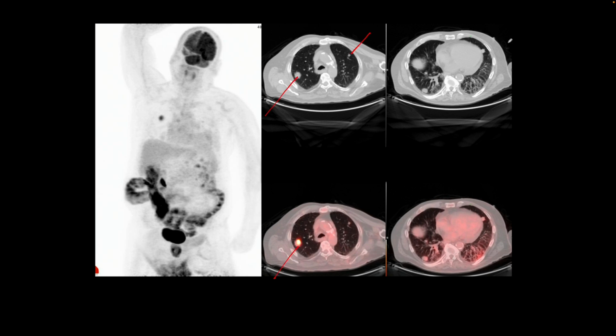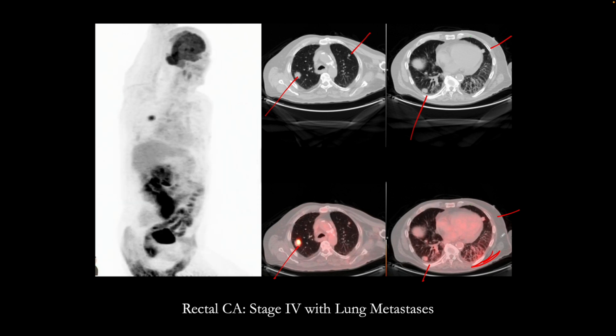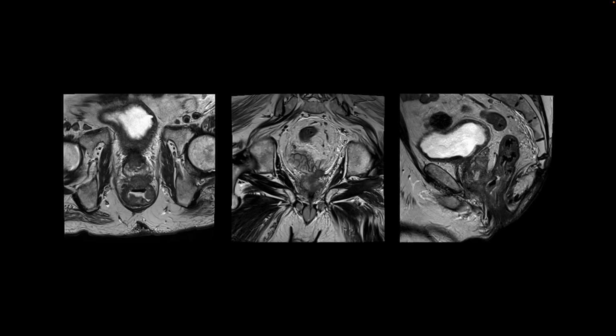There are other nodules that are not as FDG avid, but they're also metastatic. There is some left lung base atelectasis there showing mild FDG activity. And here are some images from this patient's pelvic MR showing the rectum right here on a T2 axial image. That's the tumor which is invading the prostate right there, right? So it's an advanced tumor. It also involves right here the seminal vesicle on the left side, and the tumor is also seen right there